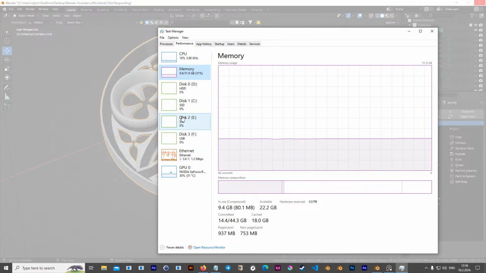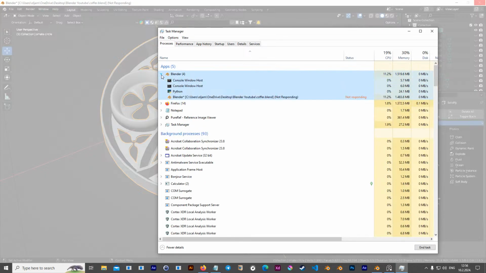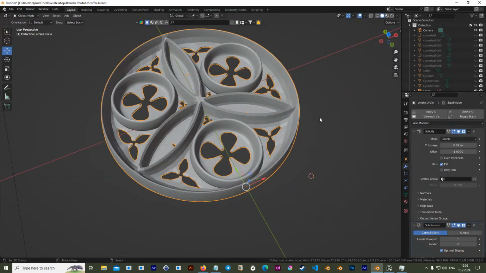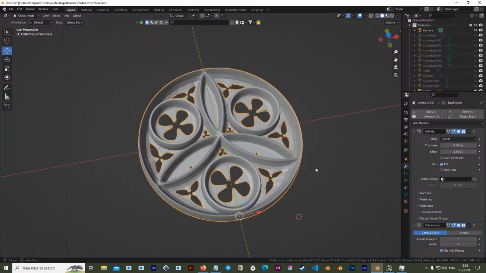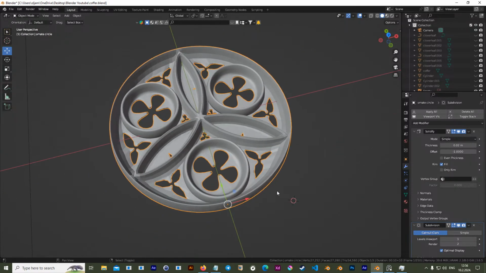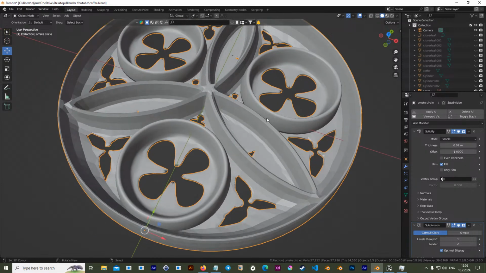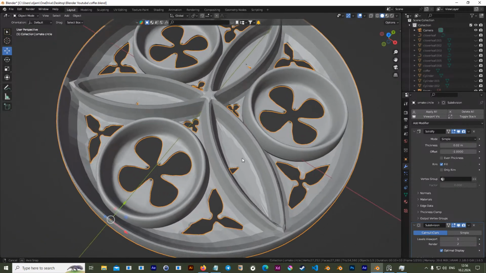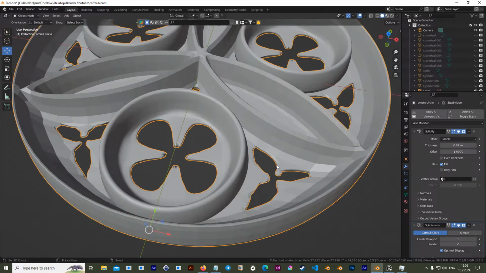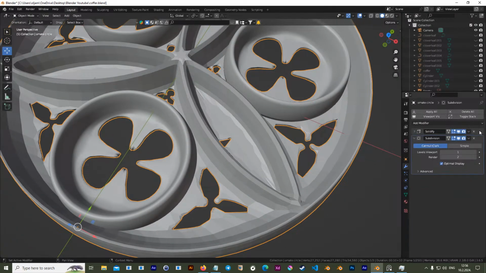And not a lot. CPU, not a lot. Come on, wake up. As I said, he is alive, he is well and alive, and he added subdivision to our model, even though it's not one merged model. Even though it's heavily booleaned with weird topology, but he made it. And even though it has solidify here,